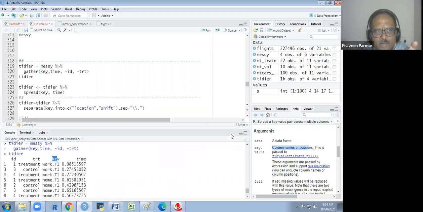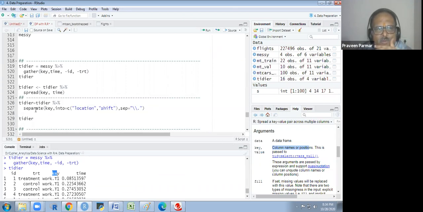So how will we do it? Separate which column? The key column. I will write the key and I want to separate it into two parts, so I have to give the new names. The first name I am giving is location, that is work or home, and then shift. Shift is the T1 and T2 shift. Does that make sense to everyone?